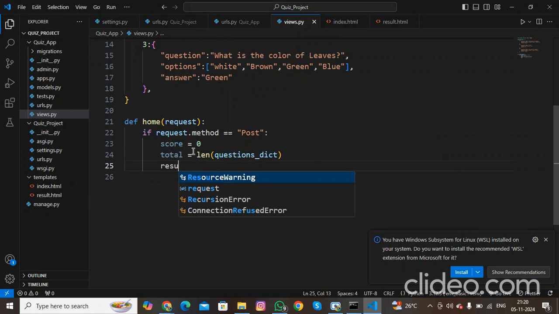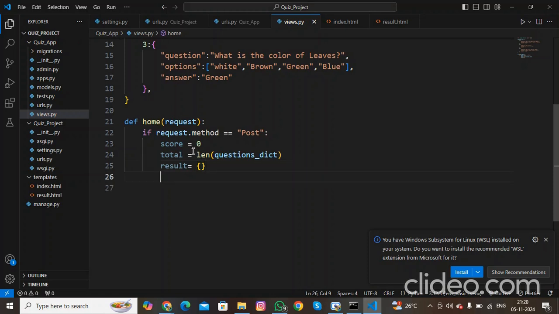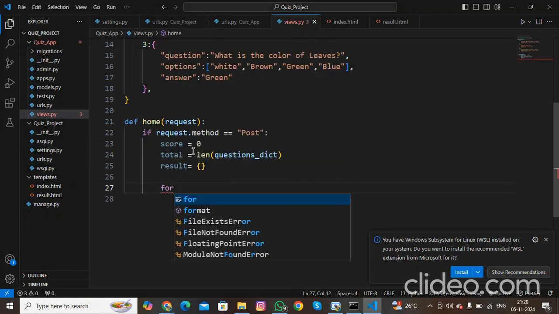And this result will hold the result. So this is an empty string. Okay. So what I will do here, I will write a for loop for